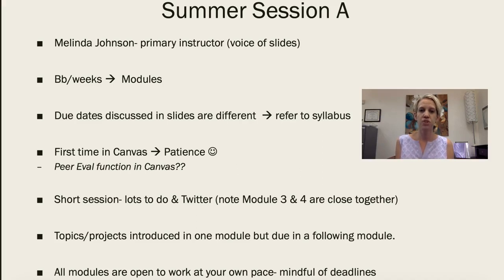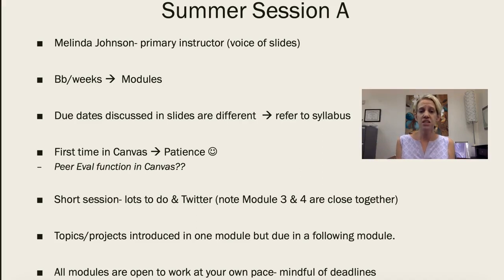So you'll need to circle back. If we're only in week 1 and you're already in week, or module, 3 — see, I still do weeks too — you'll need to come back to module 1 to complete some tasks while you wait for other students to complete their tasks. So yes, you can work ahead, but you have to be mindful of other due dates back in the original week. We are in that calendar time.